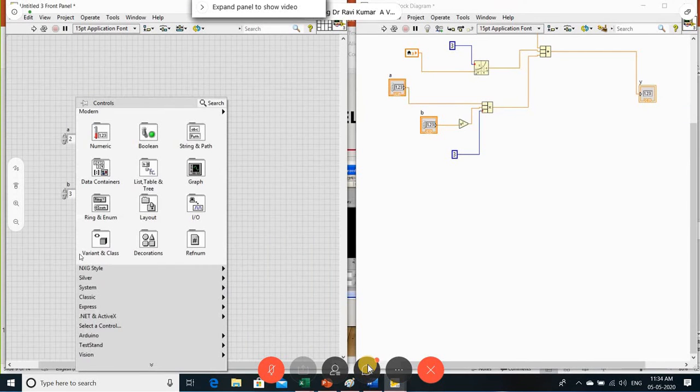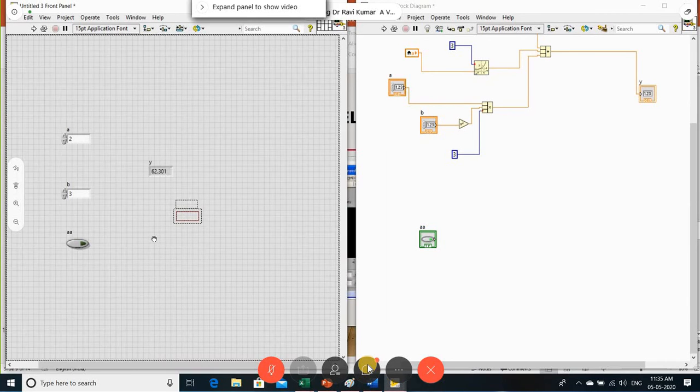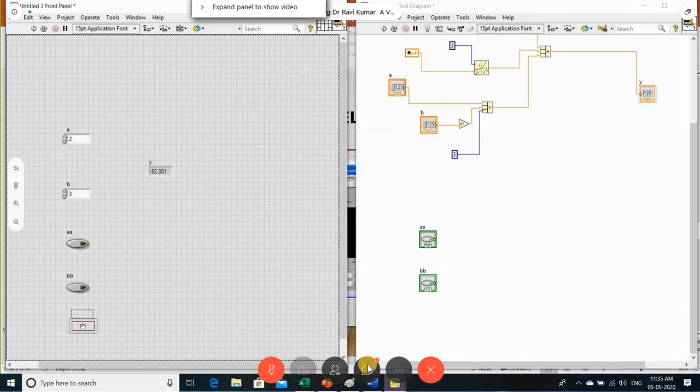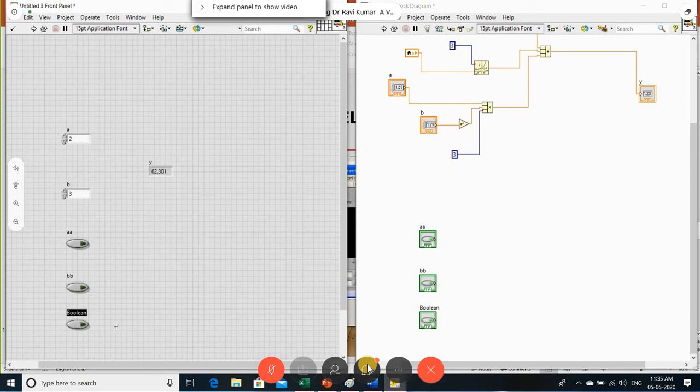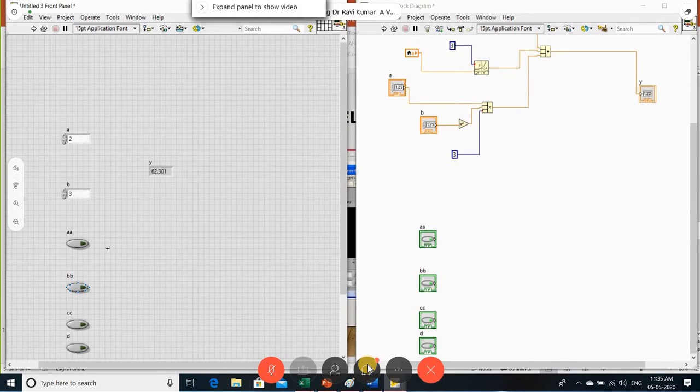Okay. So here, go to the Boolean. Take this variable. Let me take it with some other name like AA, and take one more variable as BB, and C. So 4 variables are there.